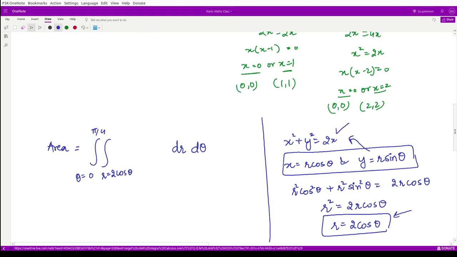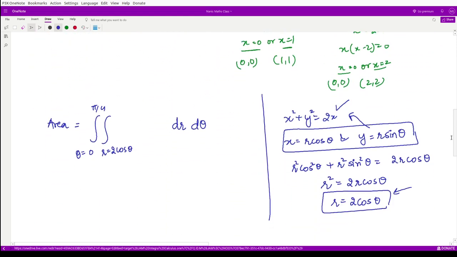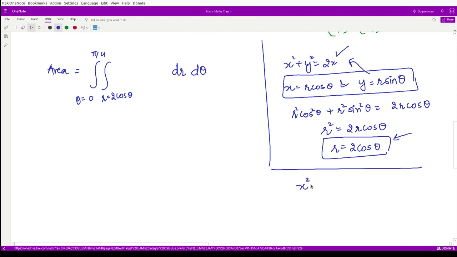Now coming back to the upper limit, in the upper limit you have to see where this arc reaches the second circle. So for the second circle we have this equation. We can also convert this equation into the corresponding polar equation. So we have this as your polar equation, right? I can write again the value of x as equal to r cos theta and y as equal to r sine theta. So this becomes r square cos square theta plus r square sine square theta, which is equal to 4r cos theta.